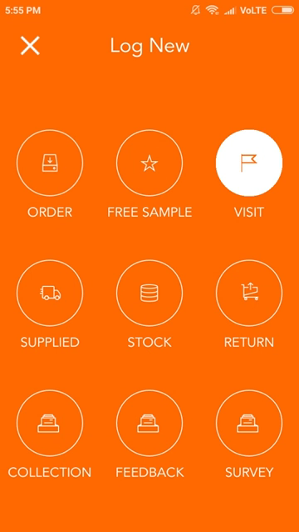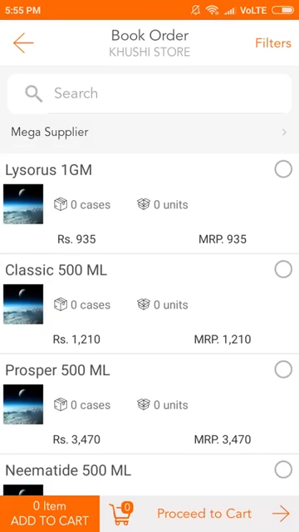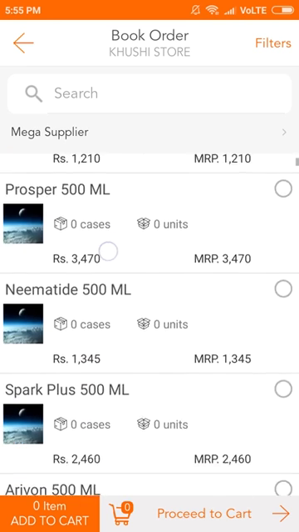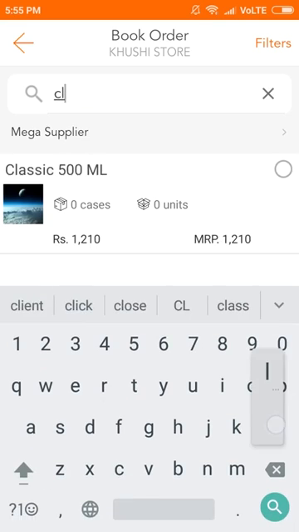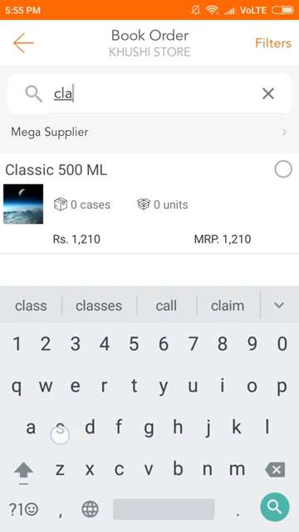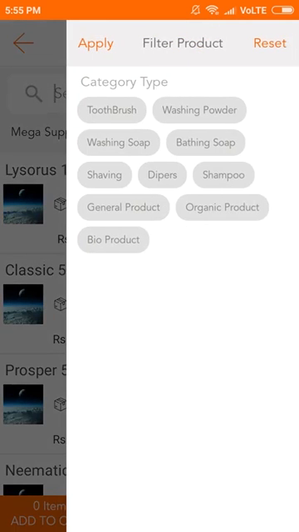Next is order activity. Click on order. As you can see, these are the list of products. You can manually search a particular product by entering the product name in the search tab, or can filter the product as per the category.